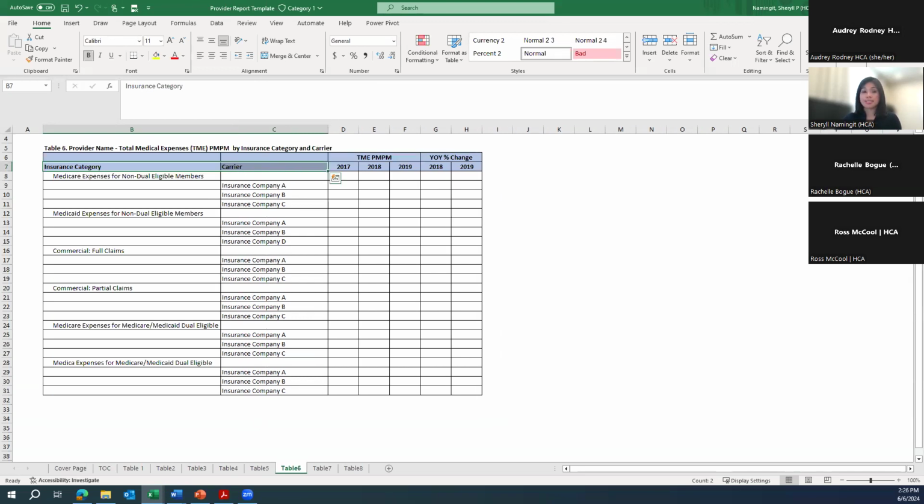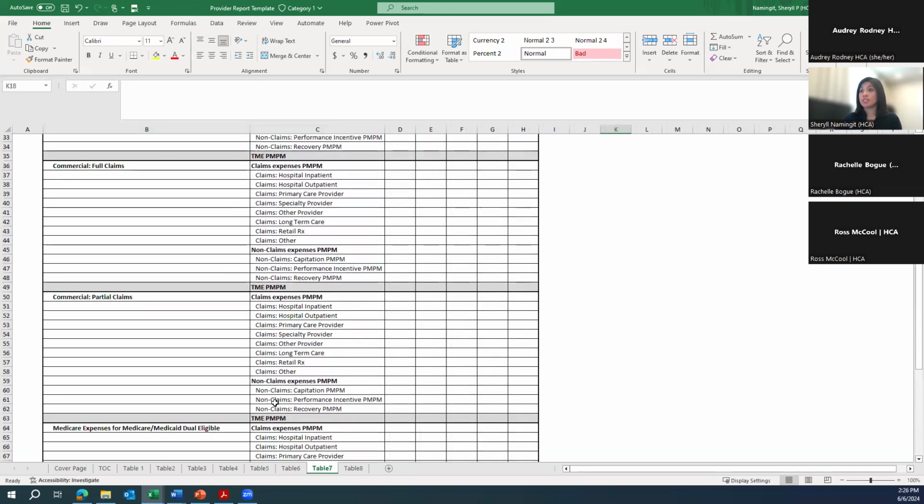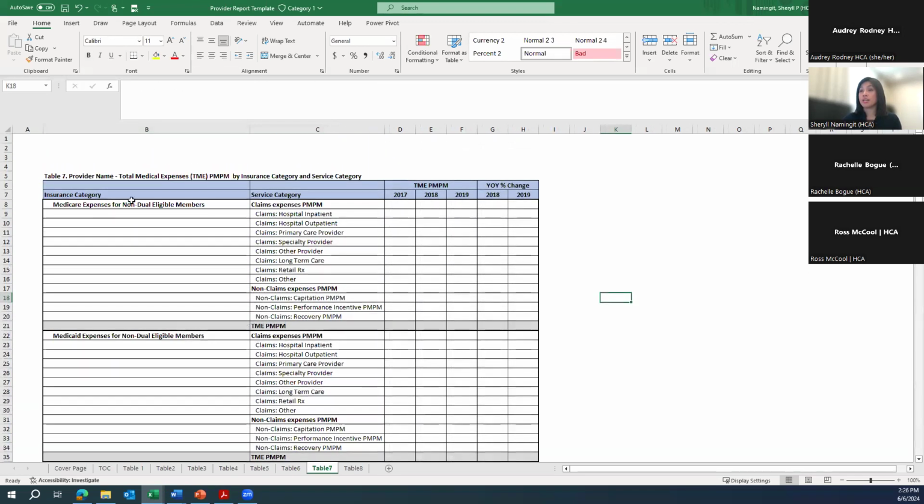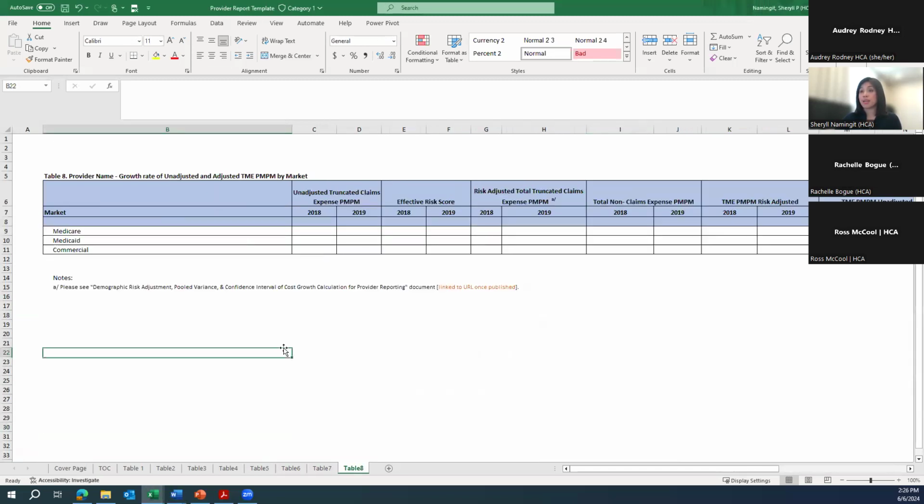Table 6 contains total medical expense per member per month by insurance category and carrier. And table 7 will contain information on total member expense, or TME, per member per month by insurance category and service category. And last but not the least, we have table 8, which provides more information on the cost growth,